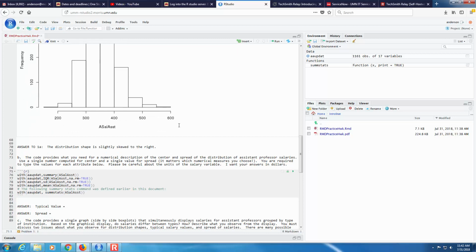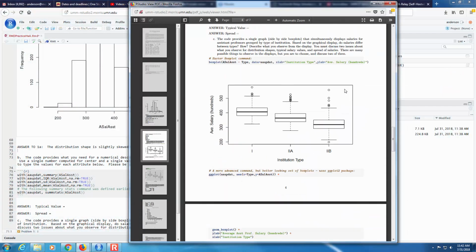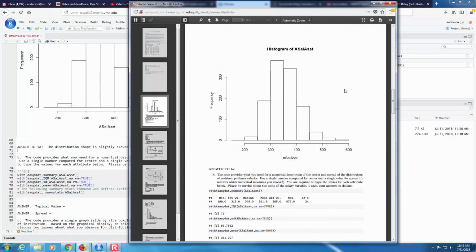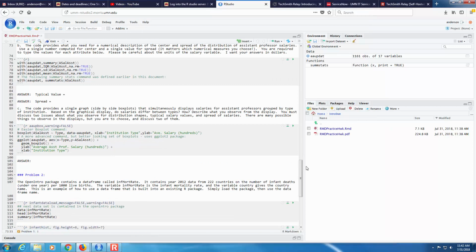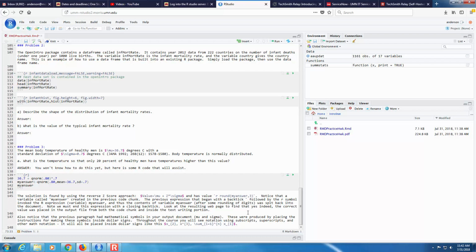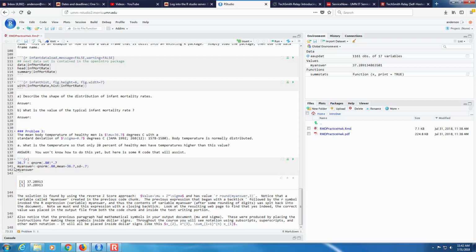And you could continue through these code chunks and process them one at a time, or you could look at a big knitted document all at once that has all the graphs and all the summary statistical things there. If you go down to the very bottom of the document, you will notice that in lines 140, 141, 142, there's a computation being performed, and if I click on the green arrow, it'll process everything there. And this shows you that the variable my answer in line 142 takes on the value of